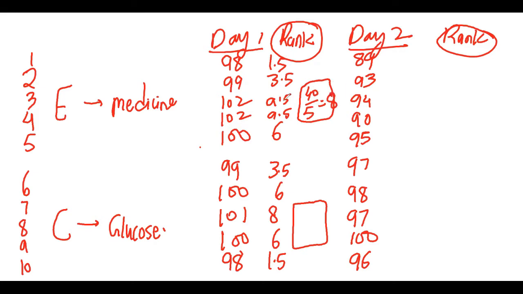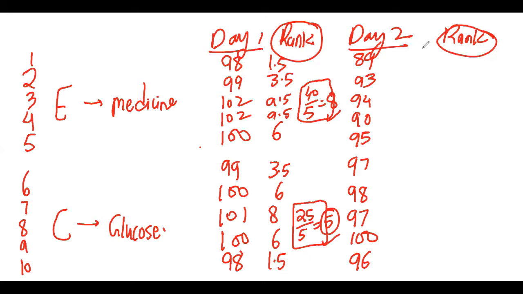The 40 is the sum of all. Similarly, I will calculate the sum of all divided by 5. 3.5 plus 6 is 9.5, 17.5, 17.5 plus 18, 19, 25. So 25 upon 5 is found to be 5. So here we have a mean rank of 8, and here a mean rank of 5. Then the Mann-Whitney test will calculate whether they are different or not. Ideally, there should not be any difference between these values.